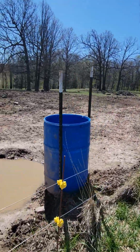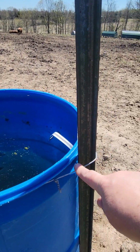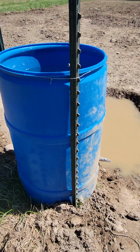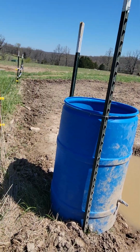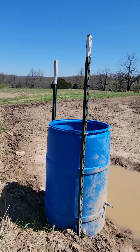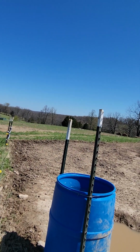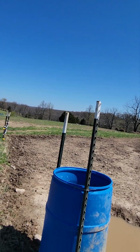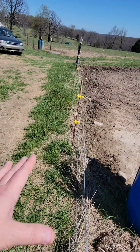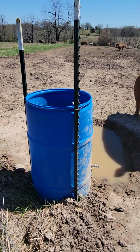We find that putting in 2 T-posts and banding these barrels to them allows the pigs to, they like to rub on the barrels quite a bit. And the first time we had these barrels on pasture was with those big Tamworth sows over there. They're almost 500 pounds each. They were able to just push this whole barrel over onto the fence in a different paddock, they're really strong. But these 2 posts,